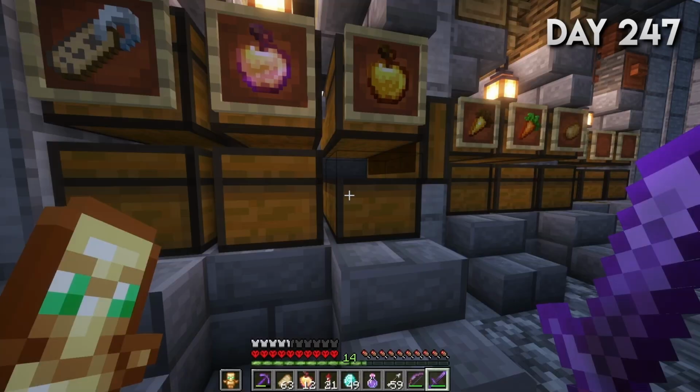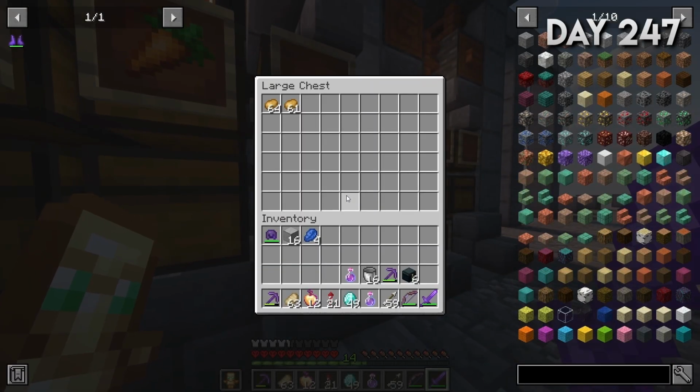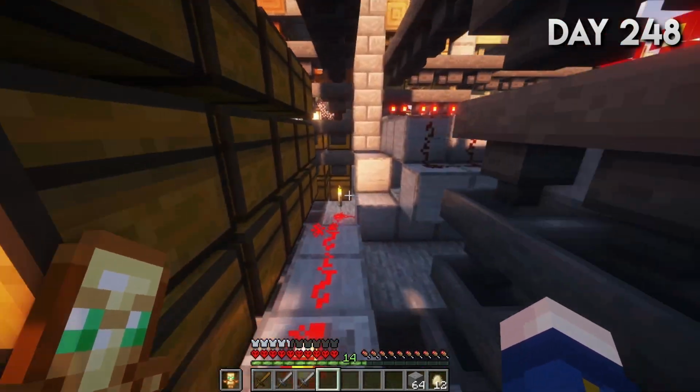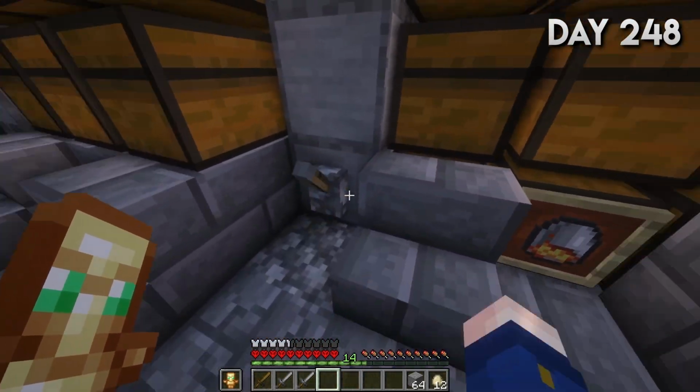We also have a lot of sea lanterns, lots of golden apples, enchanted golden apples, carrots. Basically, we're good. That was from 1 session of farming. We modified the redstone again. It's ticking a lot faster, but now we also have a switch because I might be driven insane from the